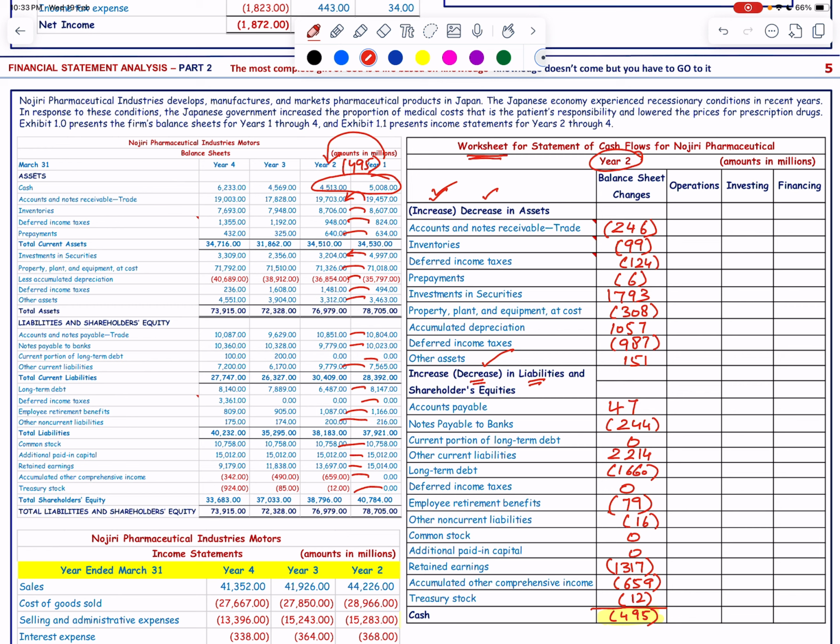Next we are going to allocate these values into the cash flow, that is the operating activities, investing activities,